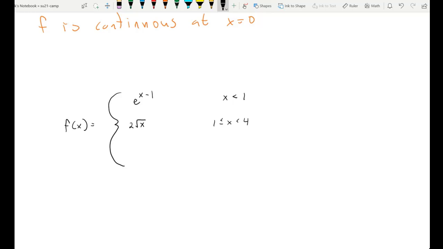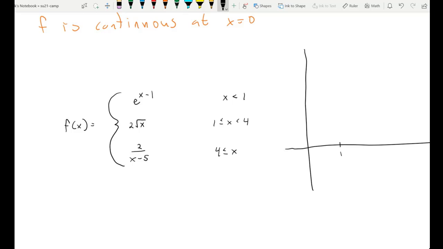And maybe for x's which are at least 4, we can define this to be, let's say, 2 over x minus 5. So depending on the interval that we're looking at,